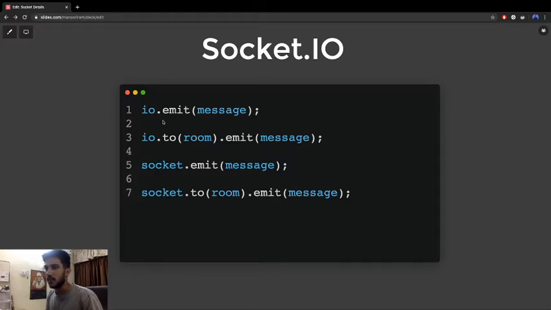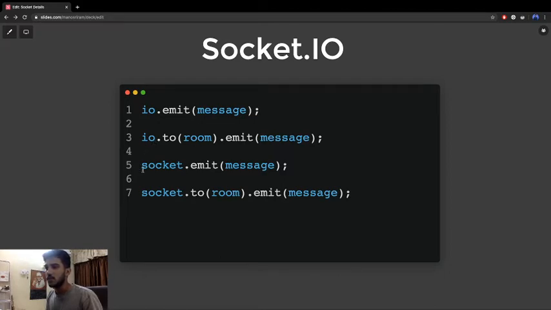So that's io.emit. io.to(room).emit(message), of course, emits the message to everyone in that room. So the difference is that one emits to every connection in the server and the other emits to the single room, and to every person in that room. So io generally means to everyone.